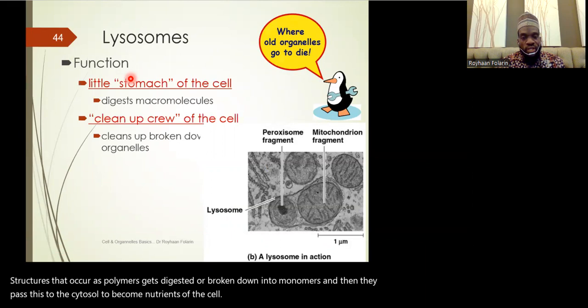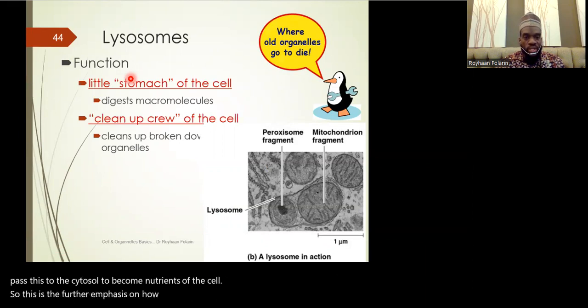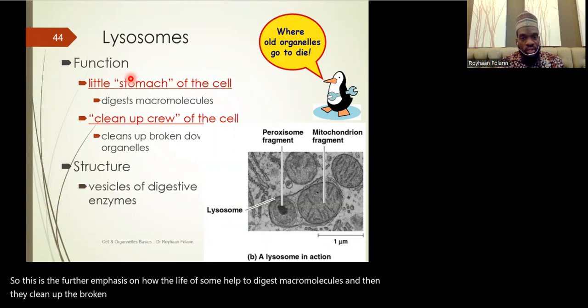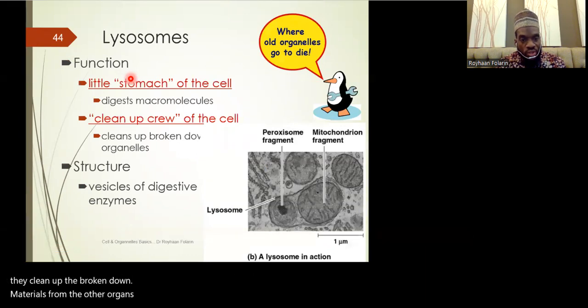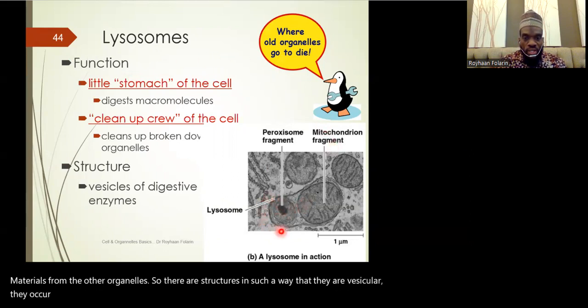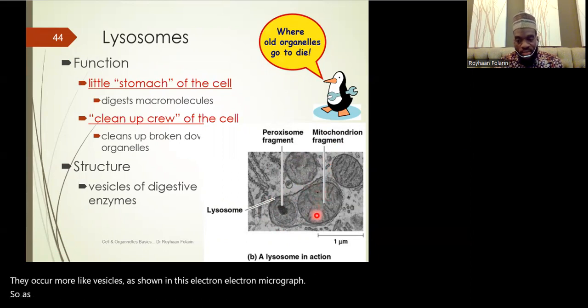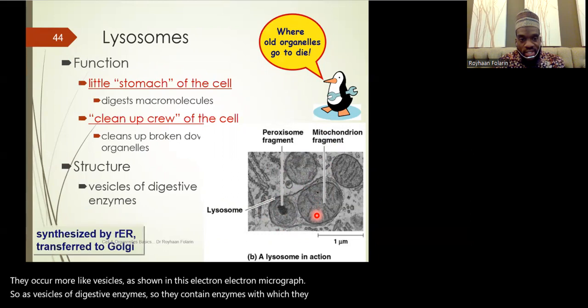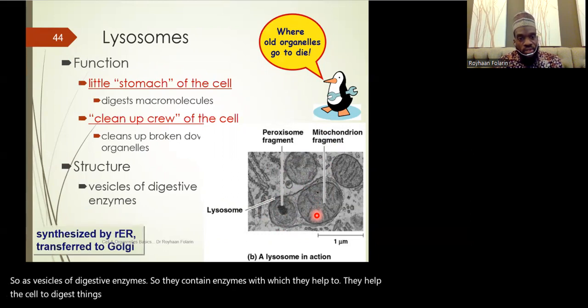So this is a further emphasis on how the lysosome helps to digest macromolecules, and then they clean up the broken down materials from the other organelles. They are structured in such a way that they are vesicular. They occur more like vesicles, as shown in this electron micrograph. So as vesicles of digestive enzymes, they contain enzymes with which they help the cell to digest things. So lysosomes